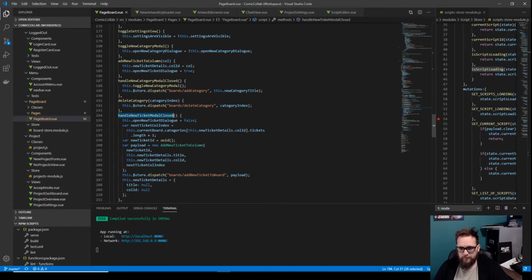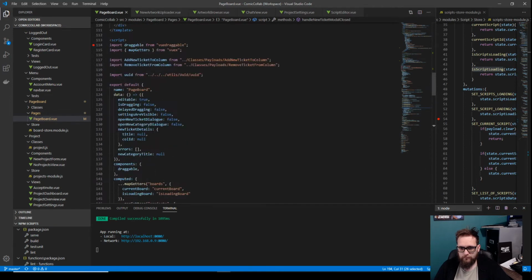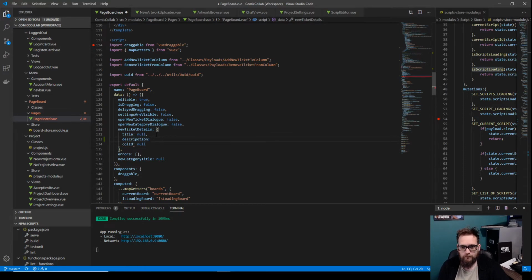So as you can see here, ticket description, we do null,